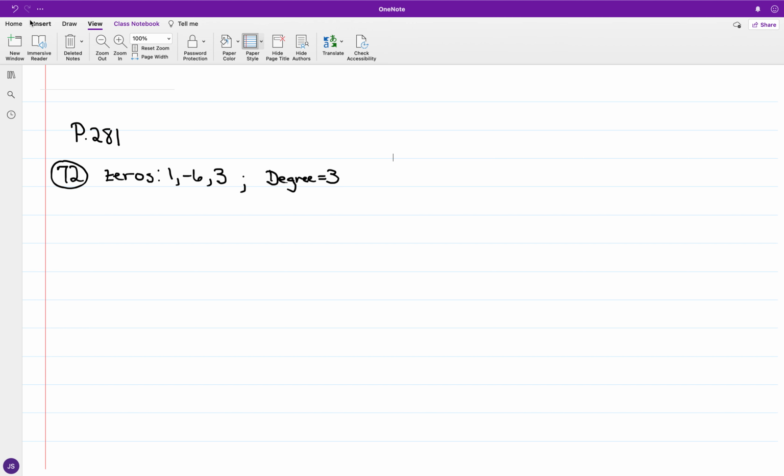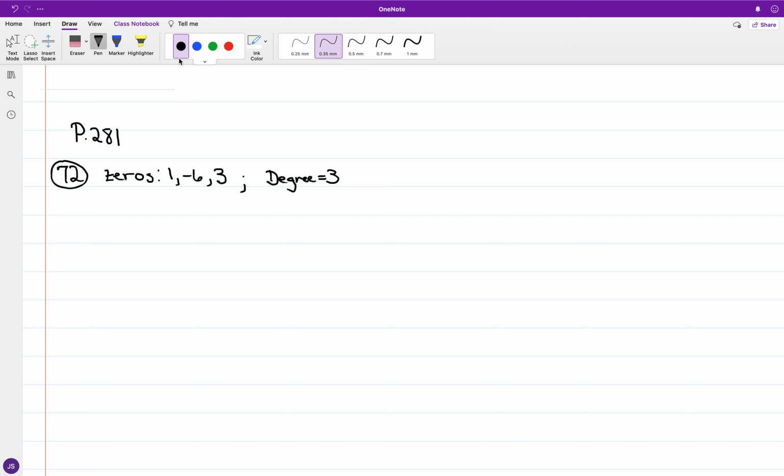All right, good afternoon. Just picking up where we have been working with, once again, functions and polynomials. And we've been working with polynomial division and started looking into domain as well as vertical asymptotes. We're just taking a little bit of a step back regarding polynomial division, where we are looking at forming polynomials from given zeros and their multiplicity as well as an assigned degree. And we have on page 281,